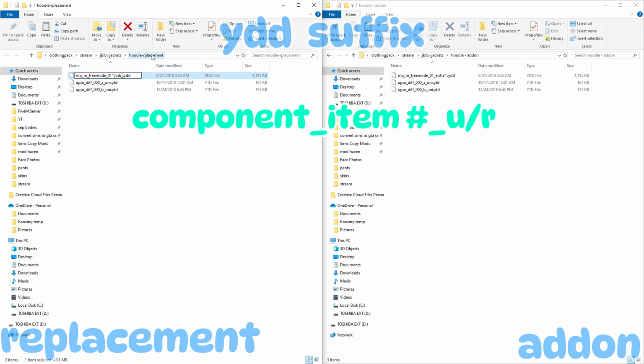All right, then after JBib is an underscore, and then this is the number you will start your clothing pack at. So you will start your replacements at 000, and also your add-ons at 000 as well. So it's like making two clothing packs in one, doing a replacement and also doing the add-ons. So after JBib, you're gonna do 000 because that's where we're starting. Then an underscore,